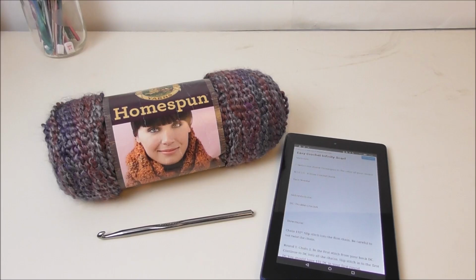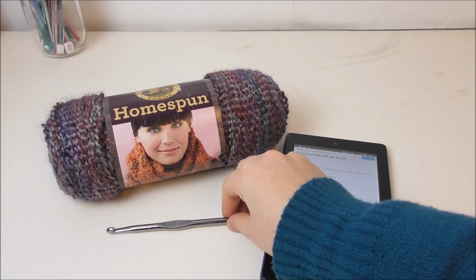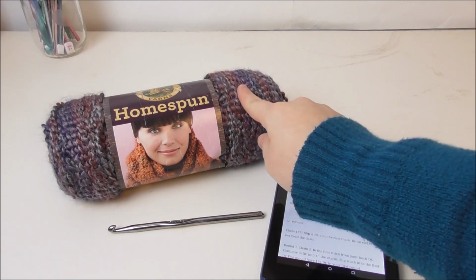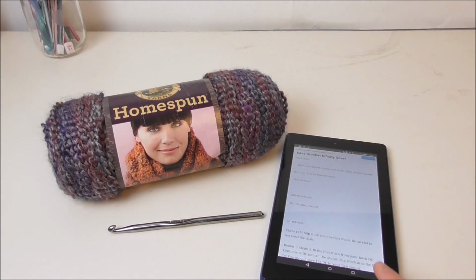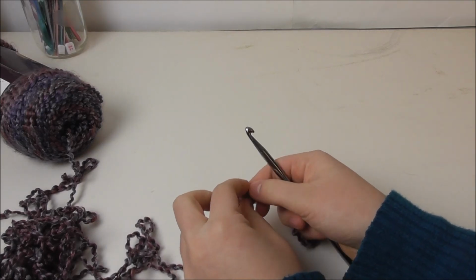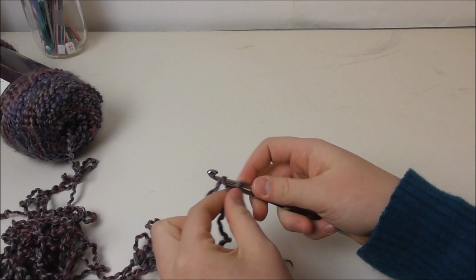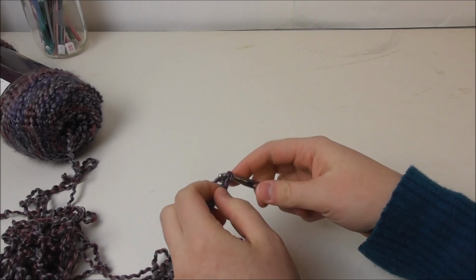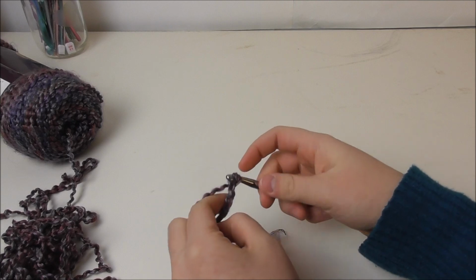For this project, we are going to need a size K 10.5 crochet hook, 1 skein of Lion Brand Homespun yarn, and then I have my pattern right here. To begin, we are going to chain 132,